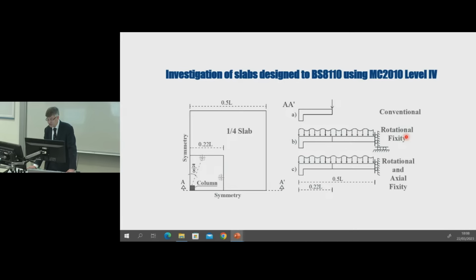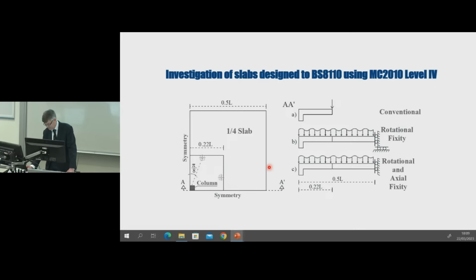We used the critical shear crack theory as implemented in Model Code 2010 Level of Approximation 4 to investigate this problem. The analysis accounted for the beneficial effect of slab continuity on punching resistance. This is something that is not normally considered in design. So in this exercise, we compared the resistances of an isolated specimen similar to the specimen we test in the laboratory with that of a continuous slab. We simulated the continuous slab by